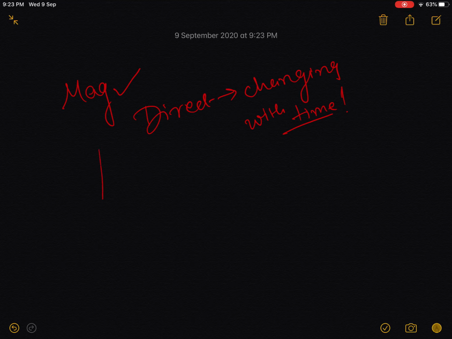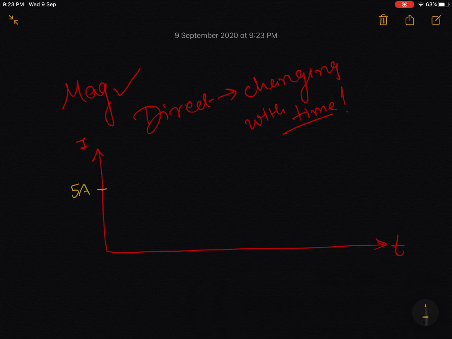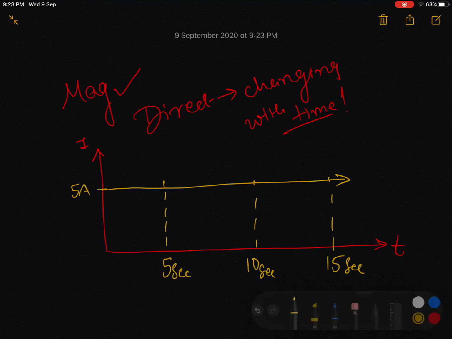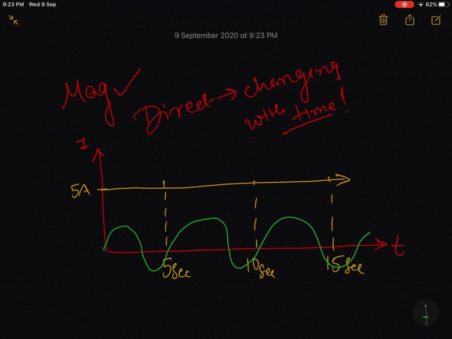So what it means, if this is my axis of current and this is the axis of my time, then direct current would be something like this. Say at 5 ampere, this is what the direct current would be with time. Say at 5 seconds, say at 10 seconds, at 15 seconds, the current is always constant. Whereas talking about the alternating current, it is not the case. This is something how the alternating current would be like. Okay,